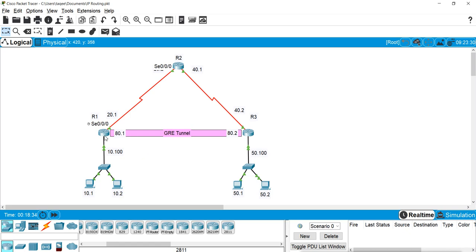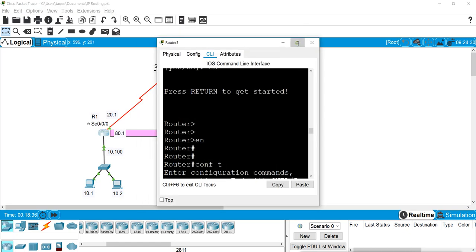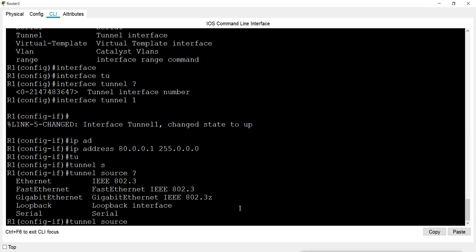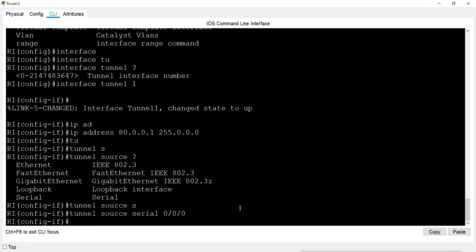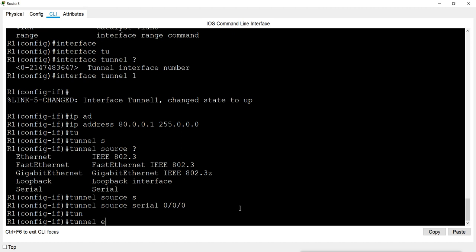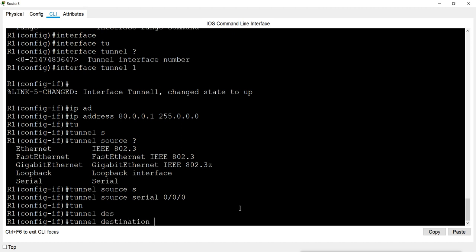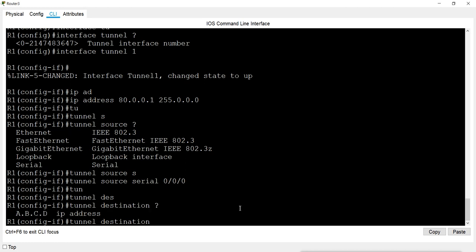So here I will mention interface serial 0/0/0. This is the source. Then I have to mention tunnel destination. Destination means where the tunnel will end. So on this we have to mention the destination IP address.